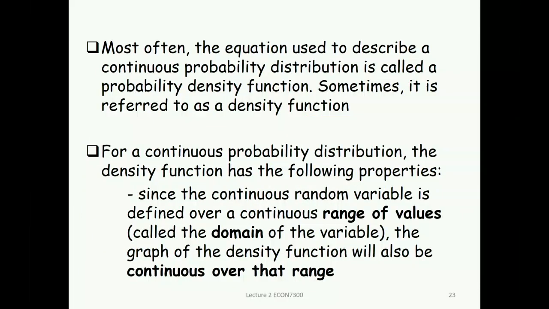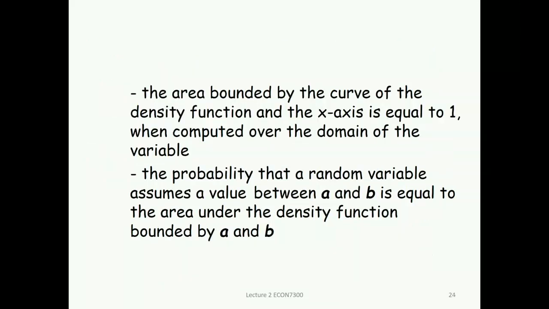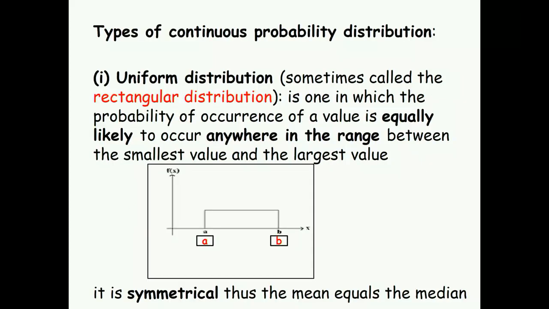But most often, the equation used to describe a continuous probability distribution, we don't need this one. This one also is not that important. In a normal distribution, for instance, if you see these tails, it is simply infinite. If you have a bell shape, it continues infinitely, and the other side is infinite too. The probability in the curve will be 100%. This is how we calculate, so this is not that important. So let's go directly, having the concept of what continuous probability means.